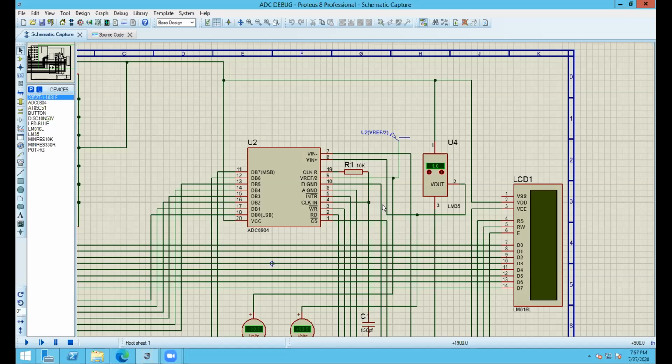I mean 00 to FF. What's the range of numbers we have in decimal? 0 to 255, isn't it? FF means 255, if I'm not wrong.